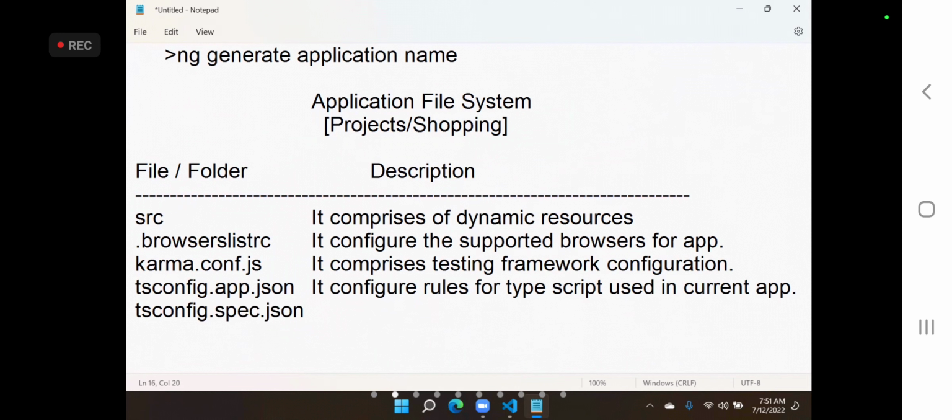tsconfig.spec.json. Anywhere the spec file is a test file, so that means it is used for testing. Anywhere you see the suffix spec, that means it is a test file. So whatever settings you configured in tsconfig, you can test those settings using this spec. But for that, you need awareness on testing. You need to know what is testing, how